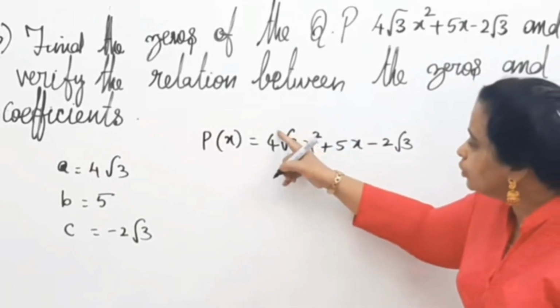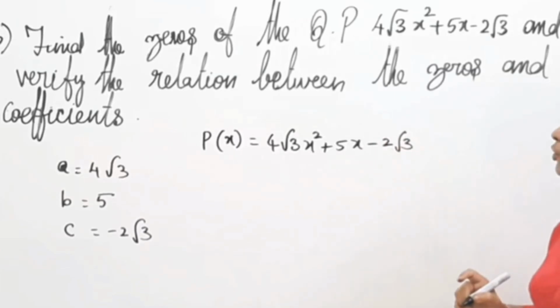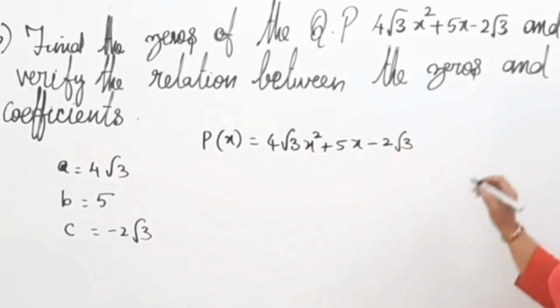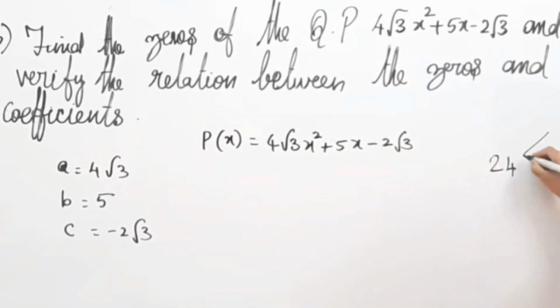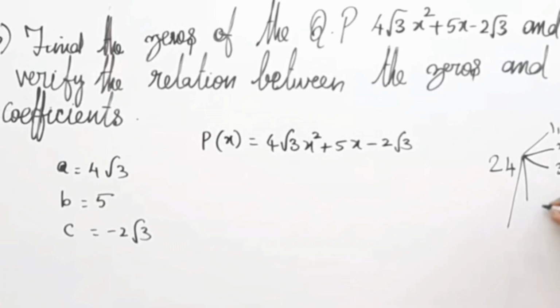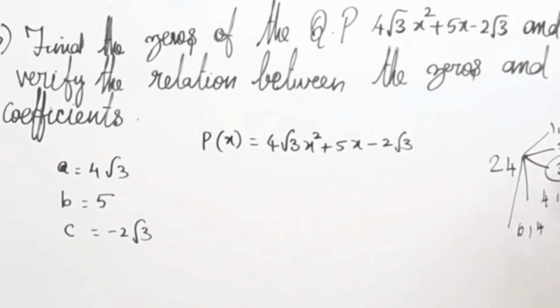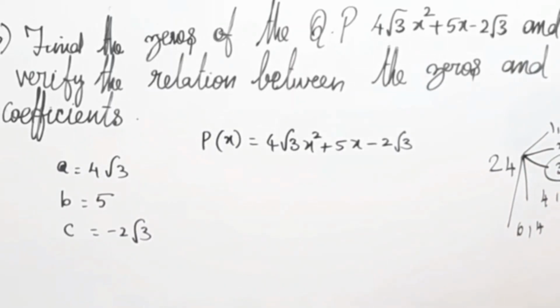Now what I would do, I would multiply the coefficient of x squared with the constant term. So I get 4 2s are 8, 8 3s are 24. Now I have to go for splitting the middle term to find my factors. So start from 1 24, 2 12, then 3 8s are, then 4 6s are, and then 6 4s are, it gets repeated. Now I should get the addition as 5. So my factors would be 3 and 8. Why? Because plus 8 minus 3 I would get plus 5, and